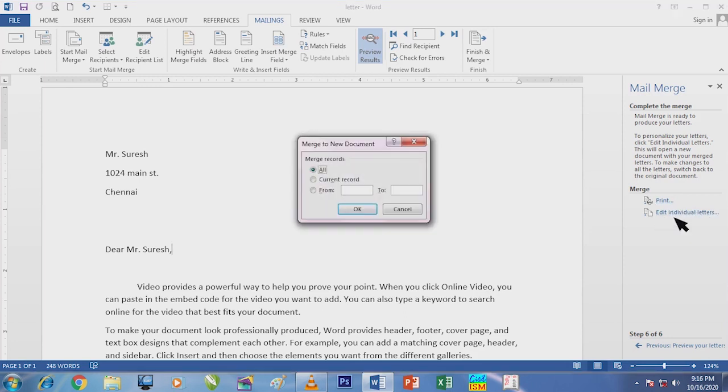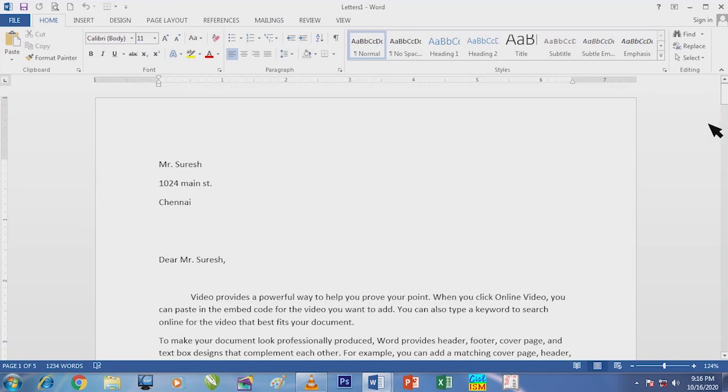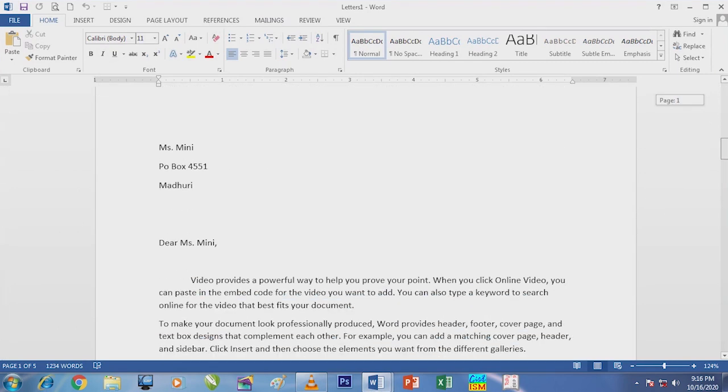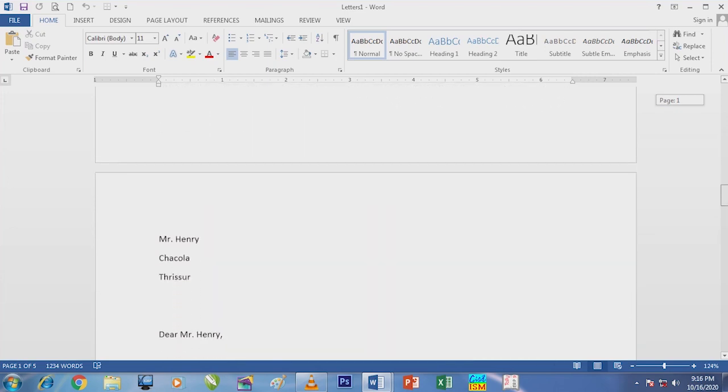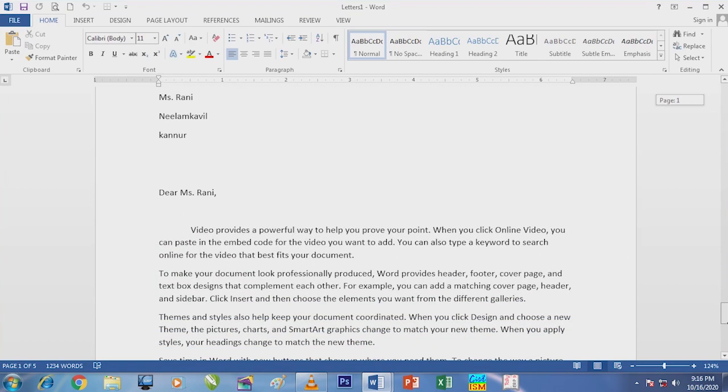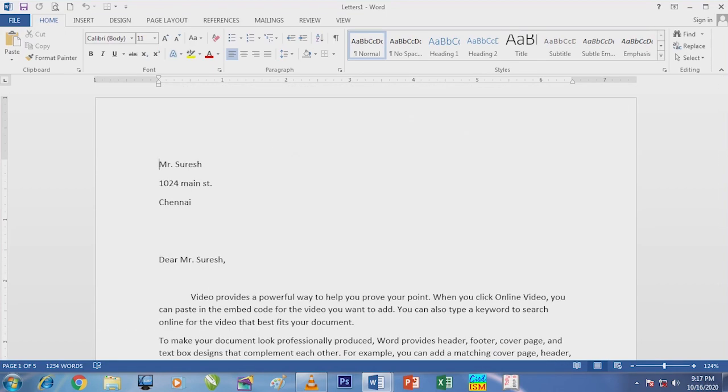Click OK, click All and click OK, and then I can see each letter with different addresses given there. So this is very useful if you want to send the same content to various people.